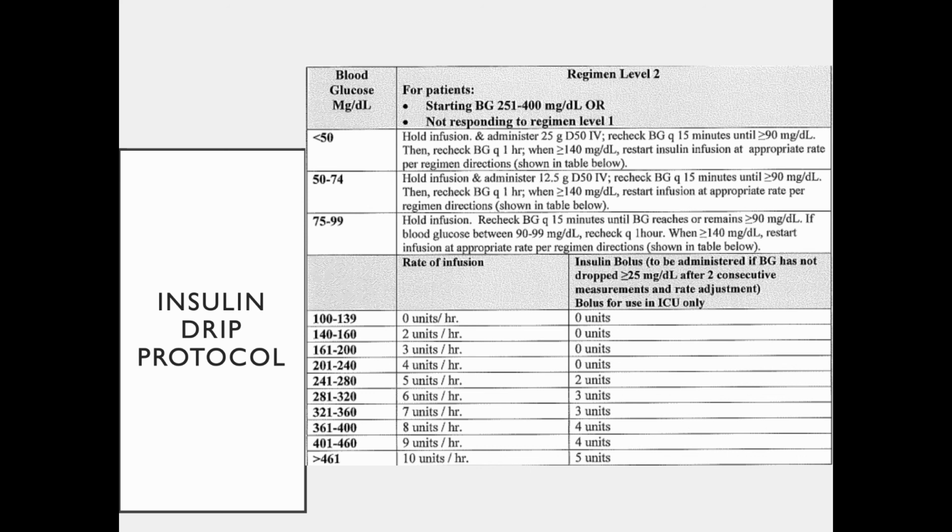You see for blood sugars less than 50, we're going to hold the infusion and perhaps administer some D50. For blood sugar 75 to 99, we'll hold the infusion. And then when it's above that, we have units per hour shown in the middle column, and the right column is the bolus that we use at the beginning of that hour